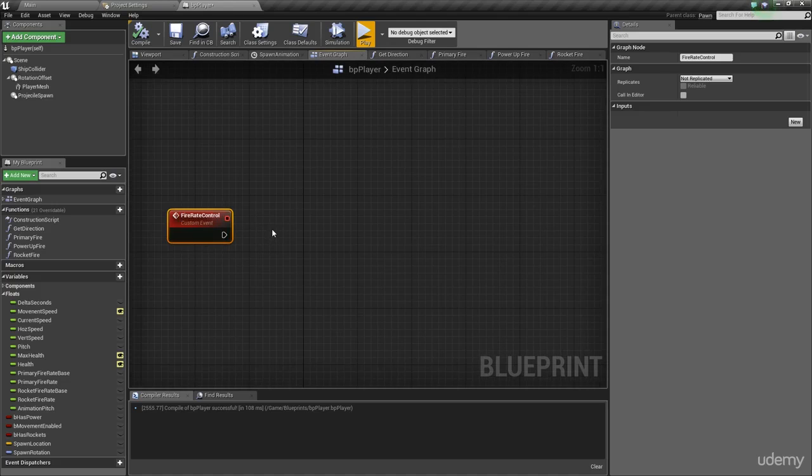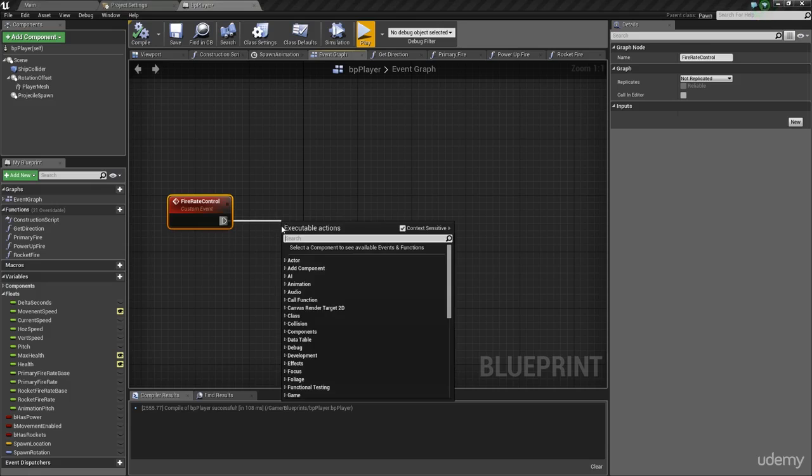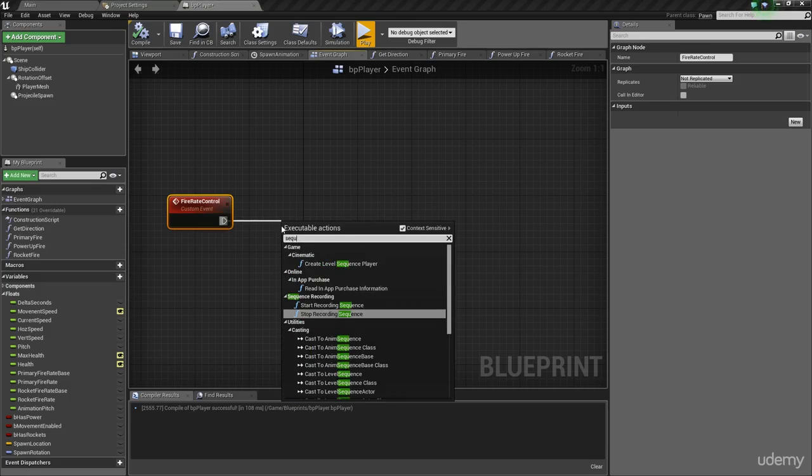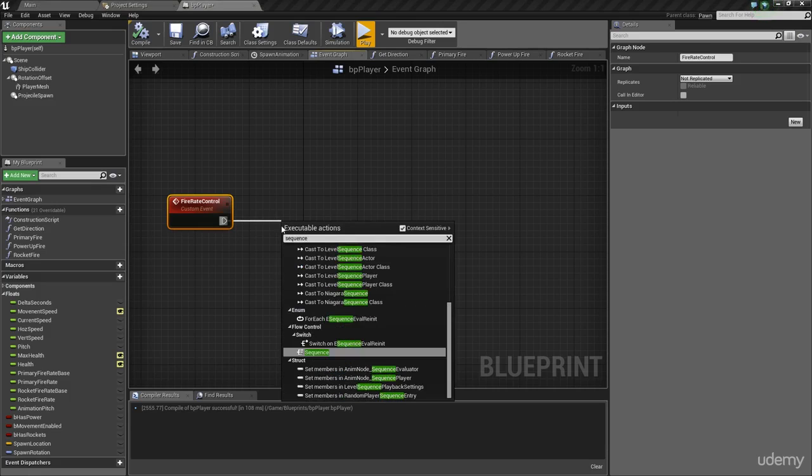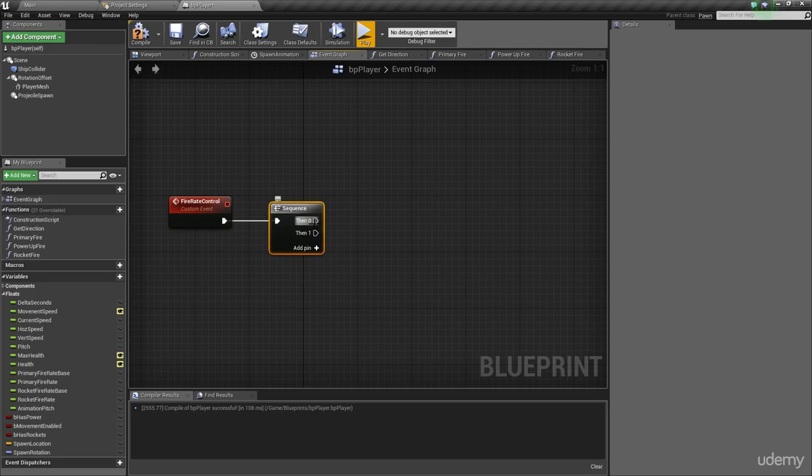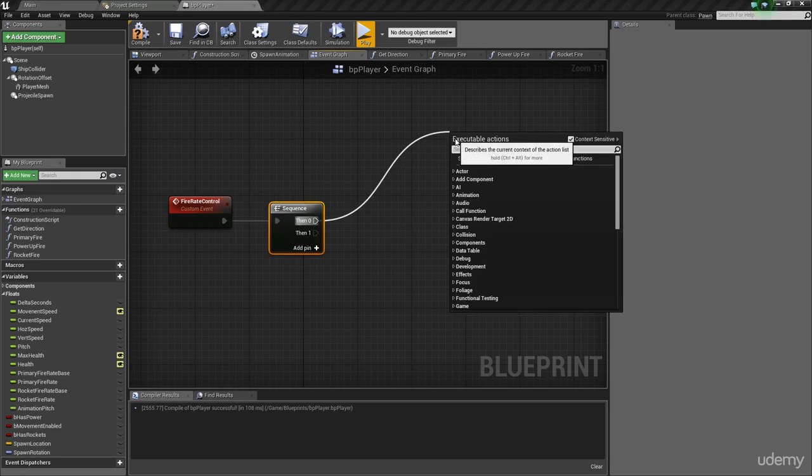So what we can do with the event is we'll go down here and we will draw off a sequence again, and this will just allow us to split one check for the primary fire and one check for the secondary fire, or the rocket fire more specifically. So off of the first, if we get a reference to the primary fire rate,